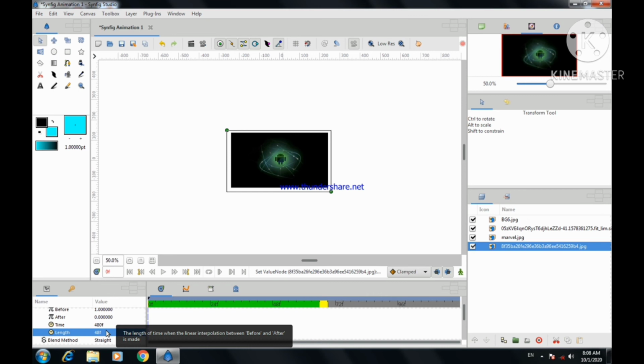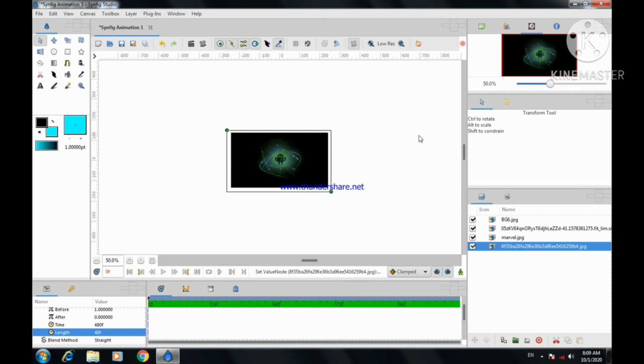First image will disappear in 5 seconds. During this time, second image was always there. Second image will disappear after the next 5 seconds. Third image will remain there for 10 seconds. Now third image will disappear after 15 seconds, and last image will appear for the last 5 seconds of the 20-second duration.